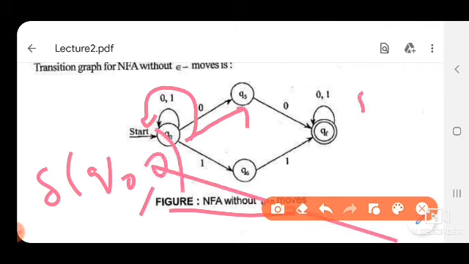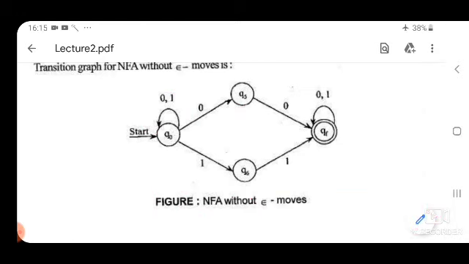This will give two states, Q0 comma Q5. It means from Q0 we can move to either Q0 or Q5 by accepting 0, or we can move to Q6 or Q0 by accepting 1. So for a single symbol we can move to more than one state. So this is an NFA.